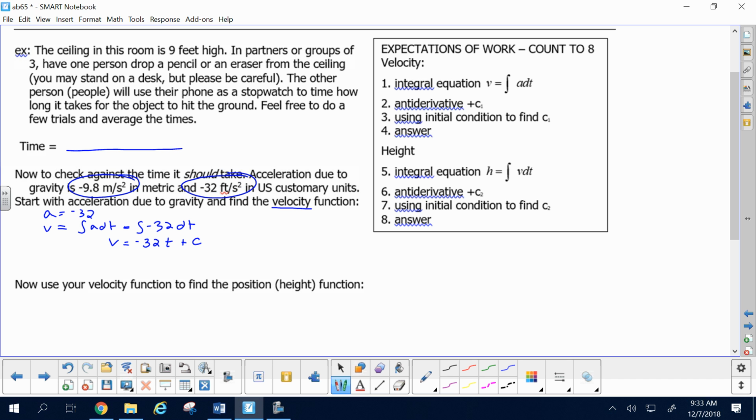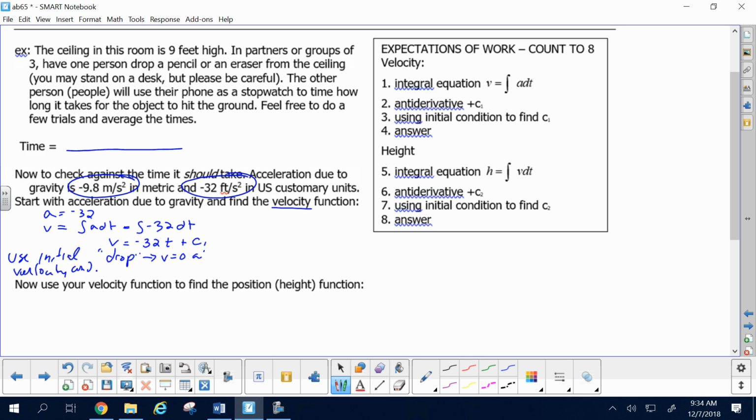constant. Now, you're actually going to get 2 constants, one for velocity and one more for height. So call it c1, just to differentiate, because those constants aren't going to be the same. How do I find that c1? Yeah, I need an initial condition. I need to use an initial velocity condition. What is it? At that ceiling, did you throw it down? Did you throw it up? What did you do? You dropped it. So what's the initial velocity? 0. Okay, because it's dropped